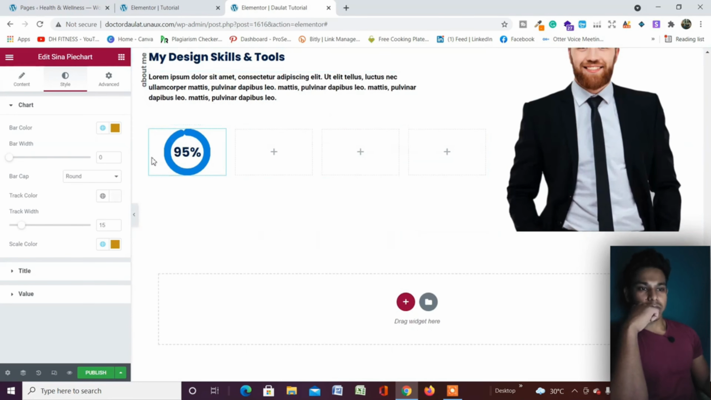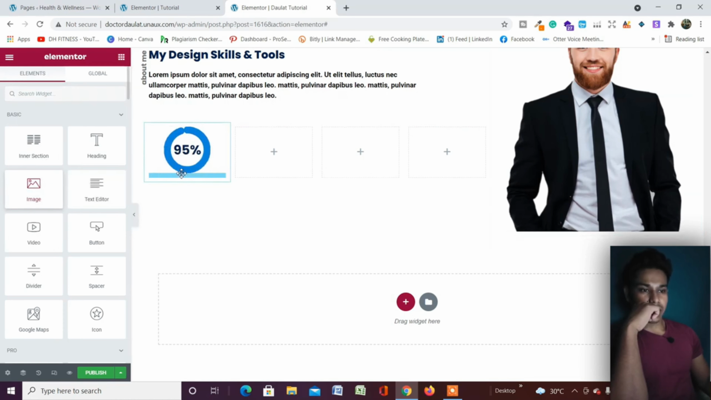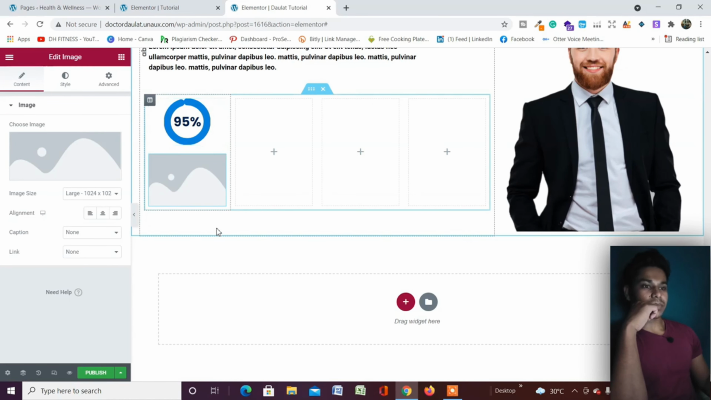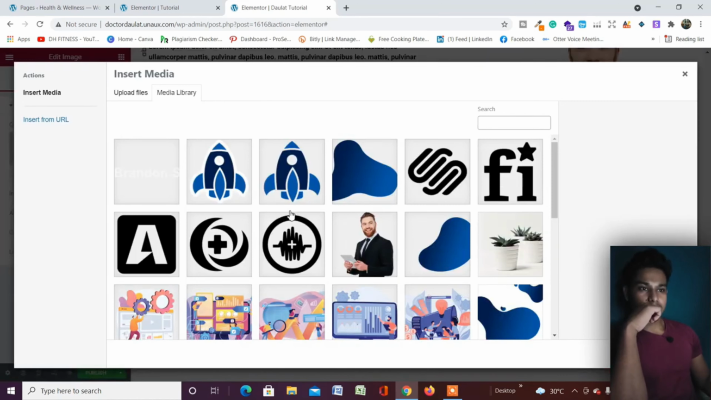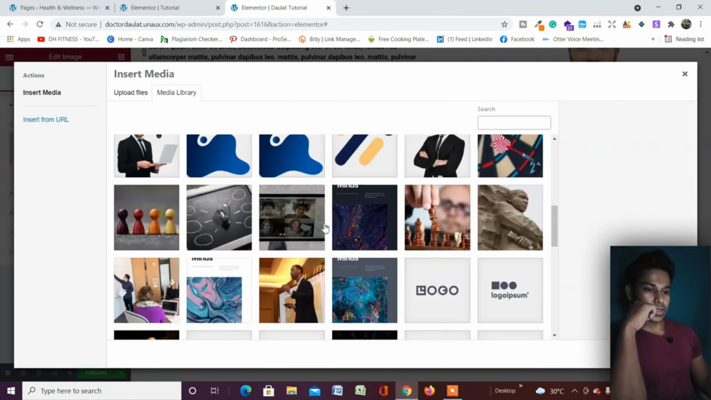Like below this section I'm going to add an image, so simply click and leave an image. So I'm going to use the image